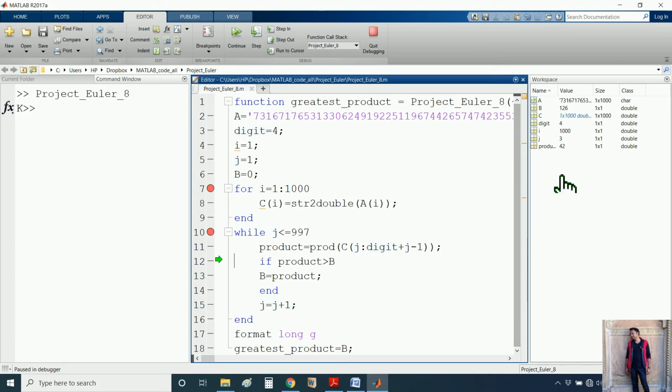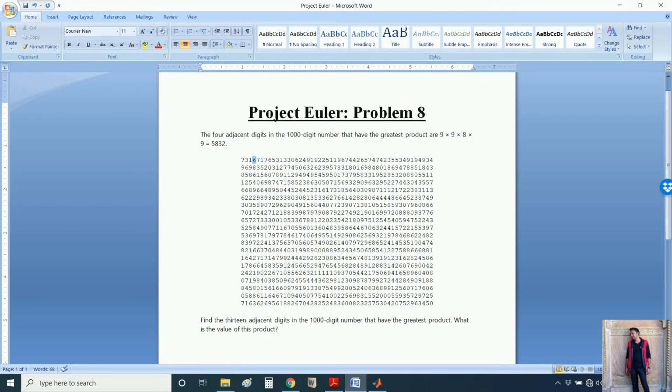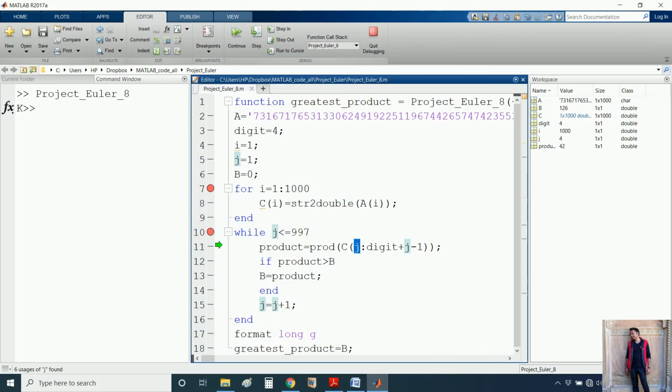The product is 42. 42 is not greater than v because v is 126. It will skip this and j will get updated to 4. Now the same thing will happen from 4 to 8, 4, 5, 6 and 7. The product is 294. 294 is greater than v because v was 126. So the condition is satisfied, v will be updated to 294.